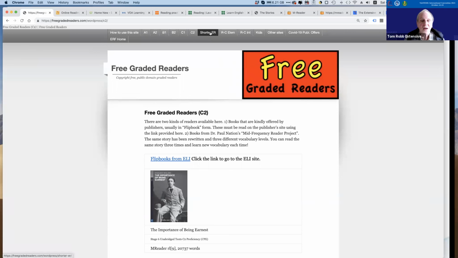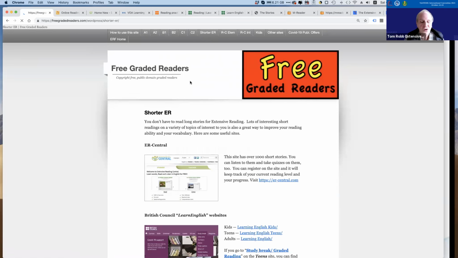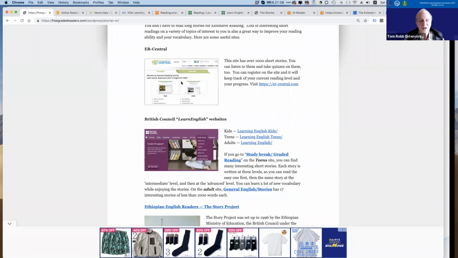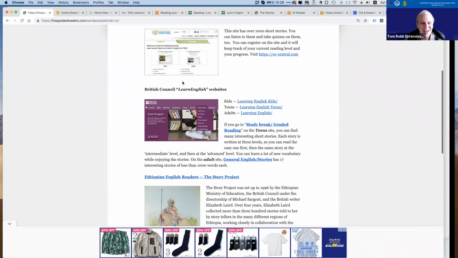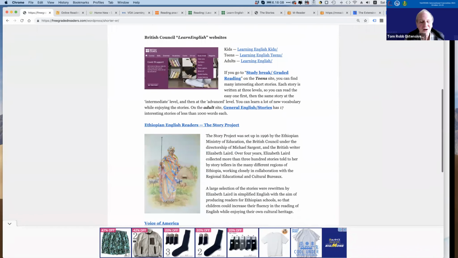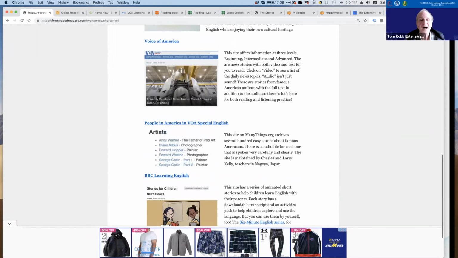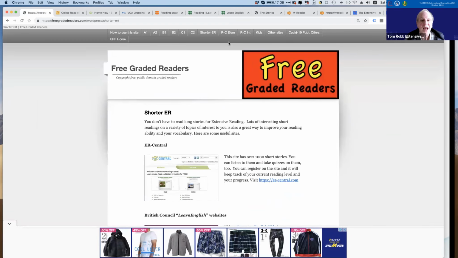And then here, I call it shorter ER. ER Central, I'll mention, I'm sure Rob Waring mentioned it this morning in his presentation. And here are other materials which I'm going to go through one by one after this one. And also